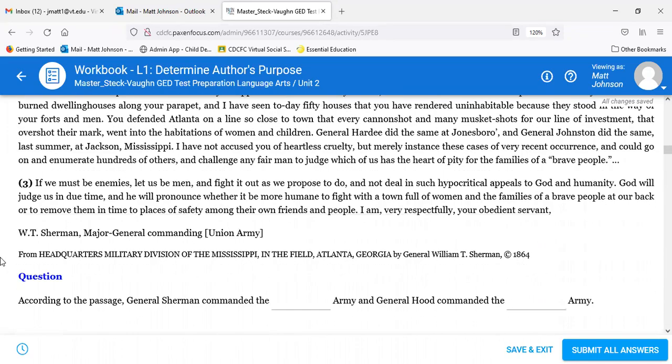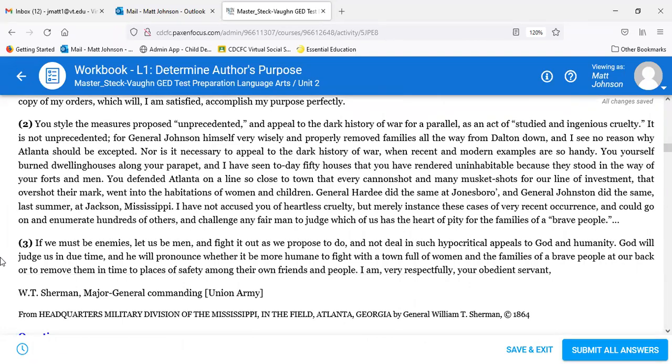And, outlining the removal, I think this might be from the same letter we saw way back when about the removal of people from Atlanta before the Union Army begins their attack. And Sherman is basically getting called out for some of his brutal methods. And he's pointing out to General Hood how there have been a lot of instances where the Confederates have put civilians in harm's way themselves. So they don't have a lot of ground to stand on as far as their treatment, and sort of what he says, the dark history of war, right? The very uncivilized